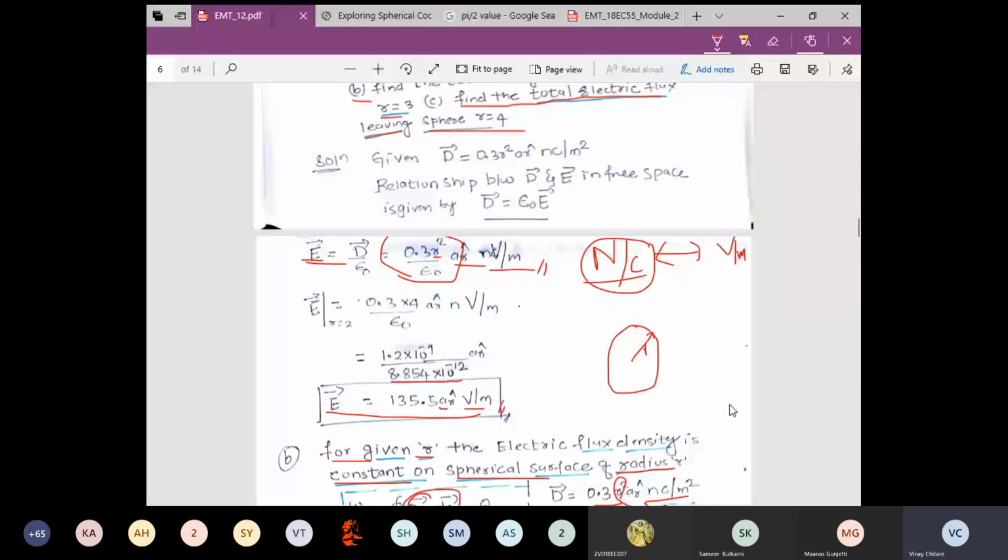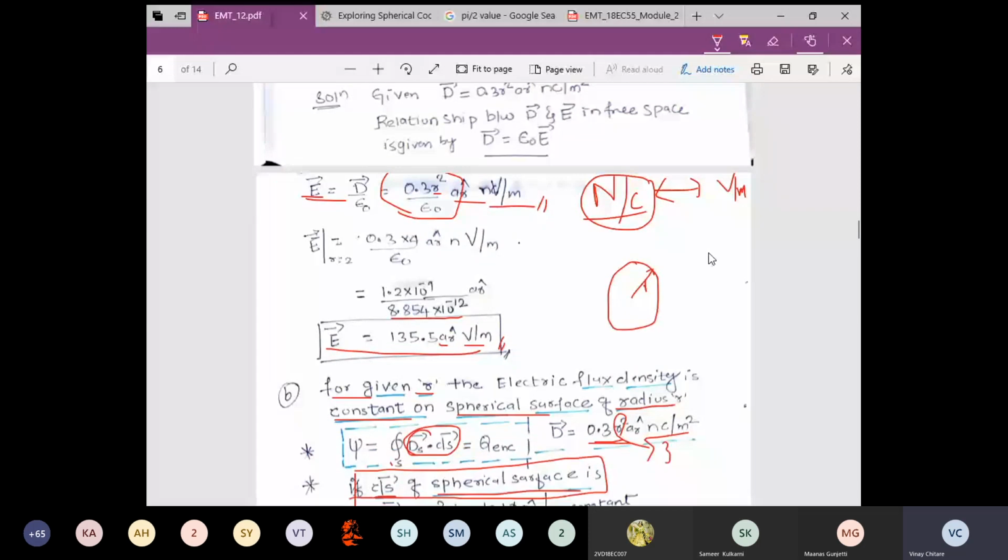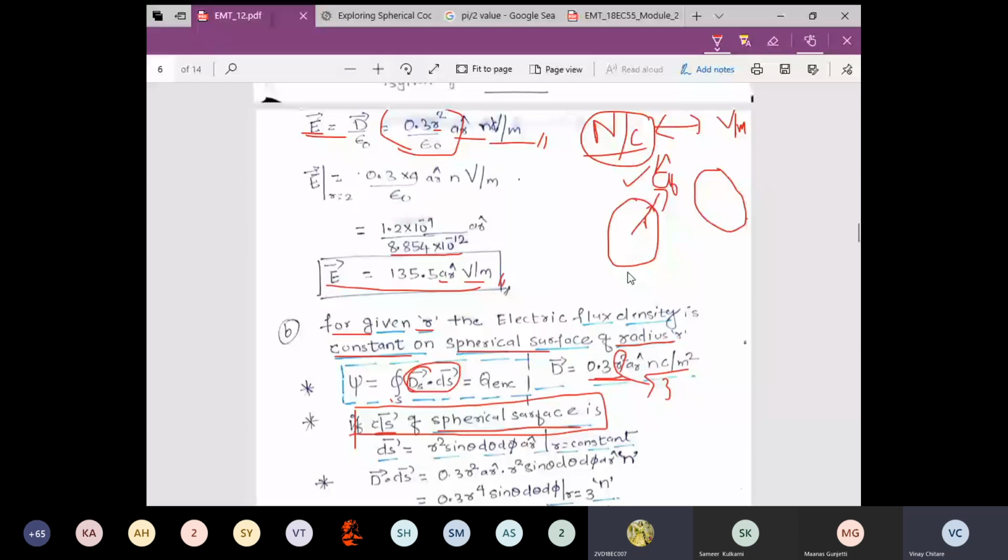So anyone could tell me what is the unit vector normal to this given surface? We are in the spherical coordinate system. We should remember, in a spherical coordinate system, we have 3 surfaces. One is sphere, one is cone, and one more is radial plane, is it not? So I have taken a sphere. Now what is the unit vector normal to the sphere? a_r hat. Yes, that's very good. Yes, that is a_r hat. Okay, once this is done, what next thing we have to remember?